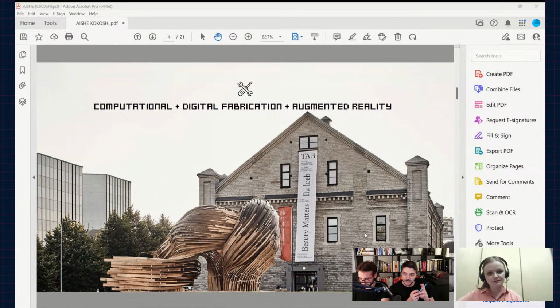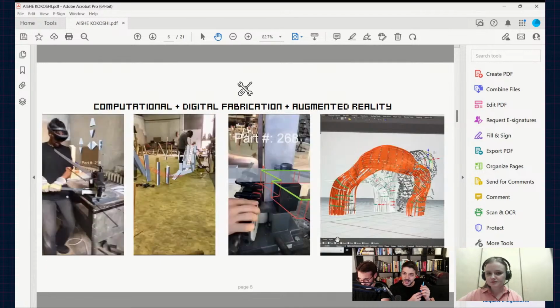I'm also interested to see some interesting stuff that you showed. So this thing where you show that one part, 268. That's what you see, how you see the drawing on top of it. Exactly. These are all the steel connections, because these wood pieces need to be connected somehow, and these steel pieces also have different angles.